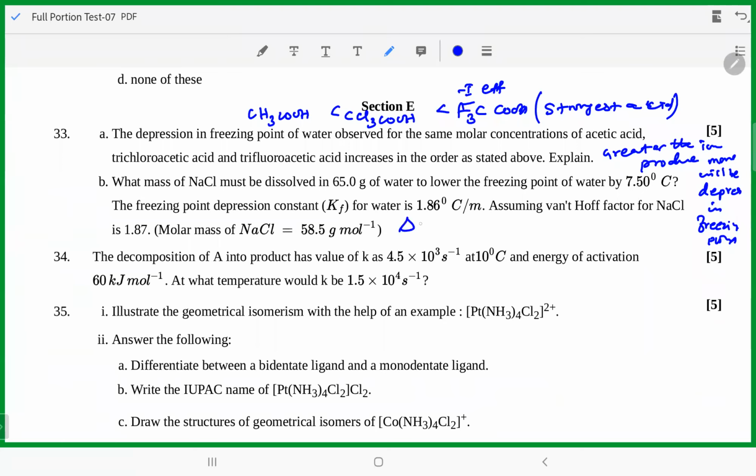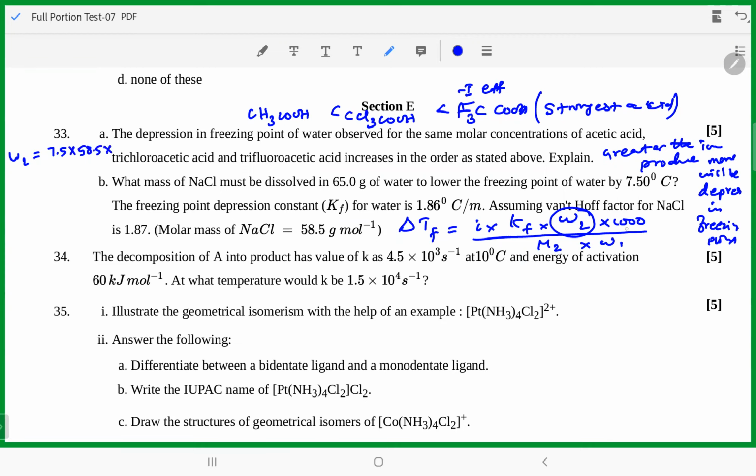So we know that delta Tf is equal to i into Kf into weight of the solute into 1000, divided by molecular weight of the solute into weight of the solvent. According to that, when you are putting the equation, what we are finding now is the weight of the solute. So W2 is equal to delta Tf, 7.5, into the molecular weight of the solute, 58.5,